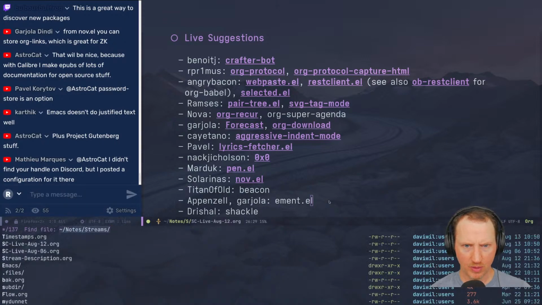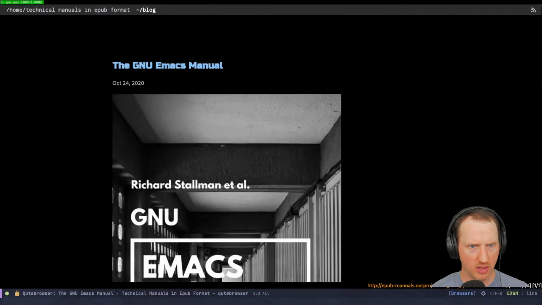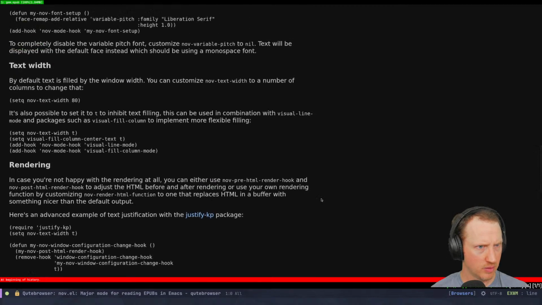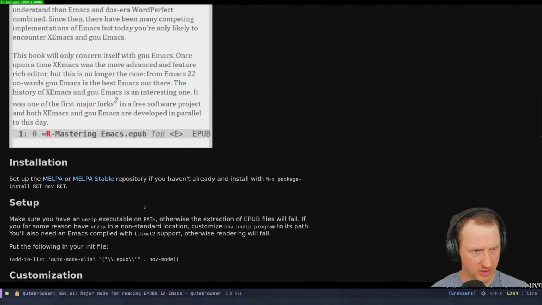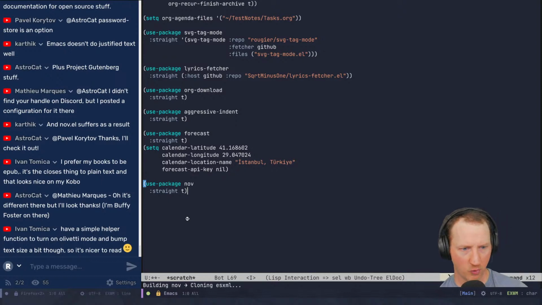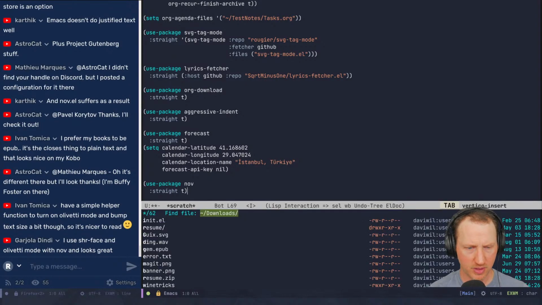Let's see. I need to go back to my Emacs setup here and see if... Okay. So what do I do? So yeah, you can set up auto-mode-alist. Okay, so it's just nov. So use-package nov, straight t, and then I'll just start it manually. Hopefully it doesn't need any external programs to do this, but it looks like it won't. So let's try opening downloads